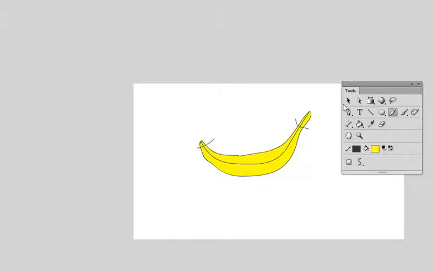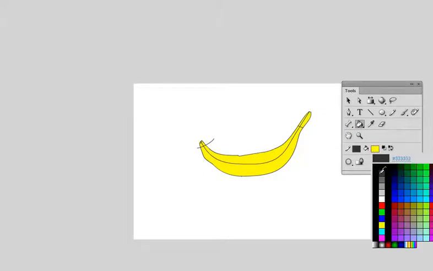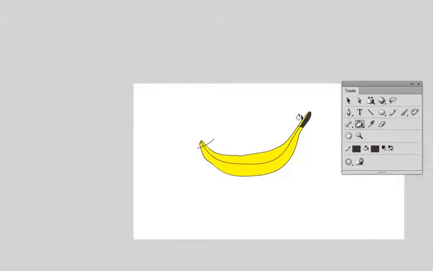So what I can do, after deleting these line segments, is to bucket fill with a slightly different colour, maybe a dark grey. That's the end of a banana quite often tends to be. A little bit like that. Again, we could also create a gradient fill on there before we did the outline, or I can even remove the outline, select the fill,